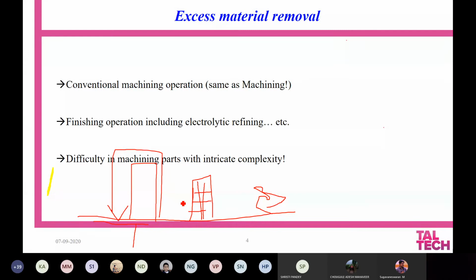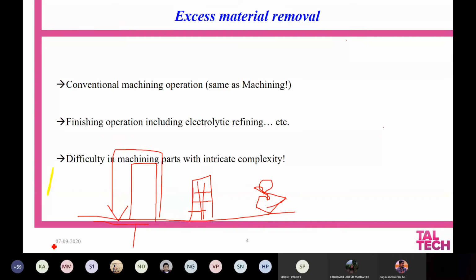But if the part is going to be very complex, you have no other choice. You have no choice of machining, because if you are going to machine it, you will lose the intricacy that is developed during additive manufacturing, and you will be losing the quality of the material as such. So, depending upon the intricacy, you may have a difficulty in machining the parts.